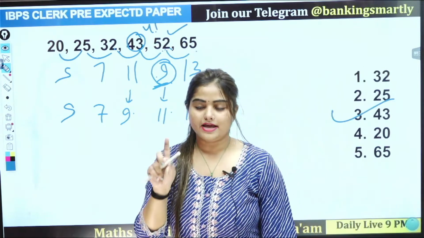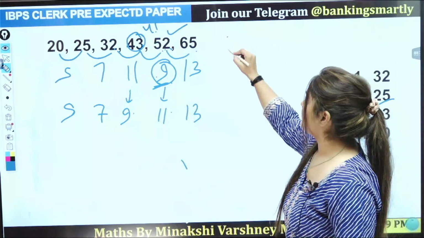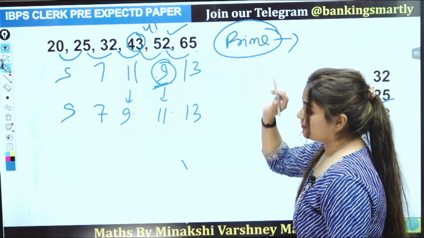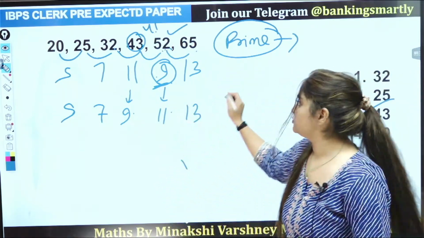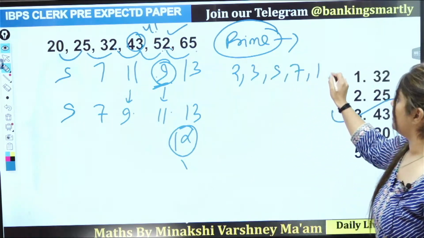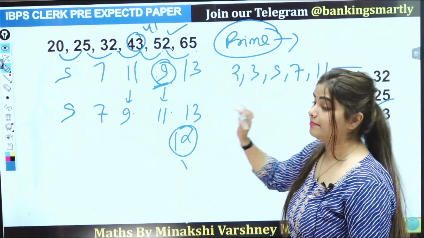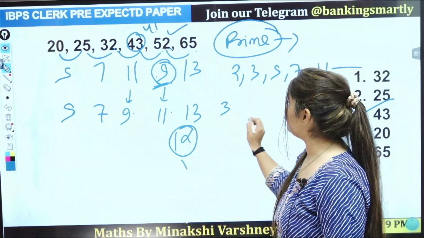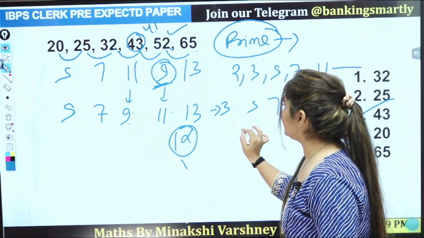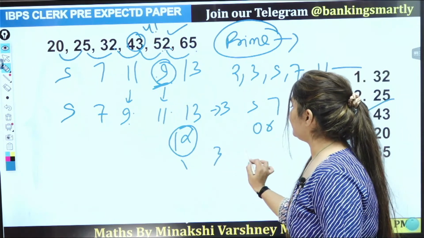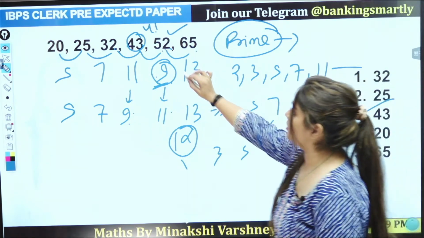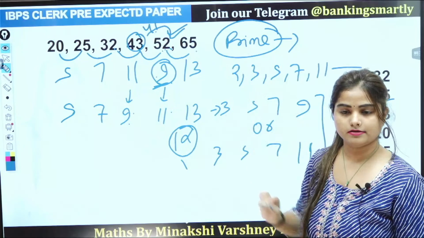Two patterns will definitely come in your examination. Prime pattern. You will definitely find this pattern in your number series. The smallest even prime number is 2. 1 is not a prime number. 2, 3, 5, 7, 11, and so on. These are prime numbers. Sometimes they start with 3, 5, 7. That means you have two cases, 3, 5, 7, 9 or 3, 5, 7, 11. So don't be confused with this number. You have to verify your answer after finding the exact pattern.